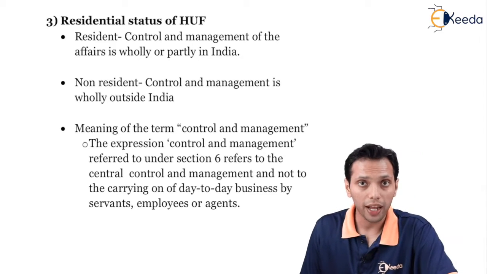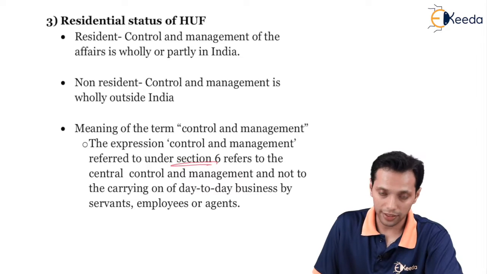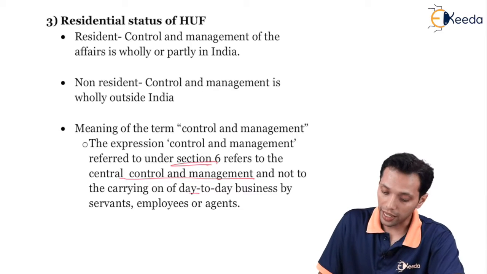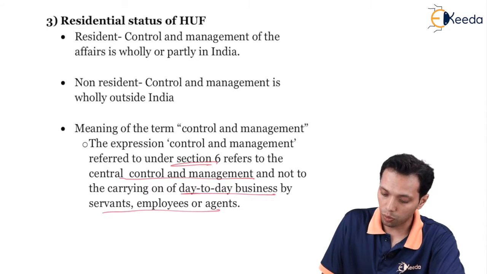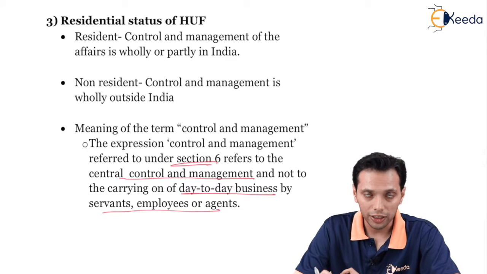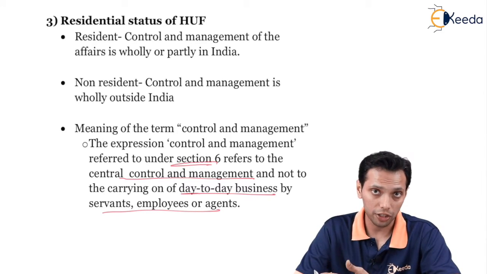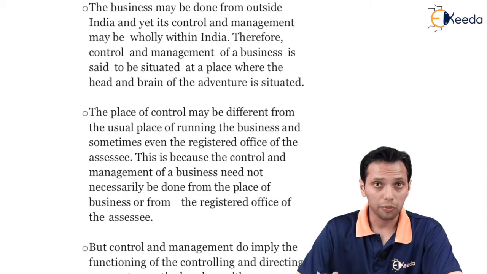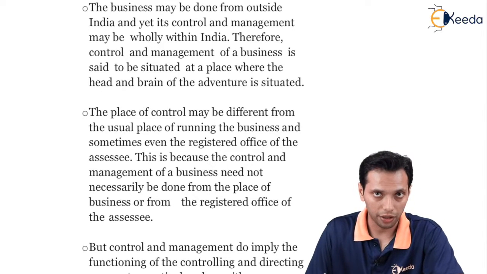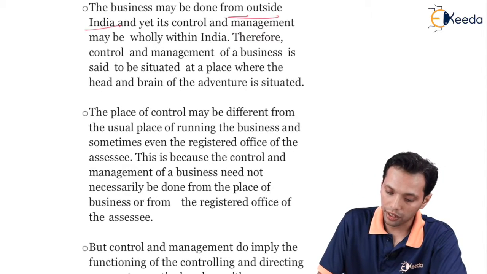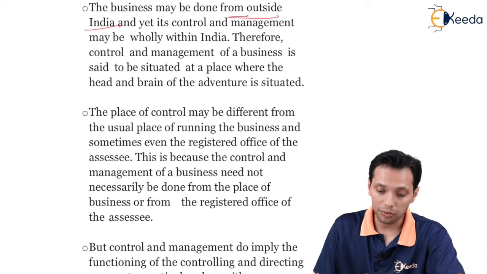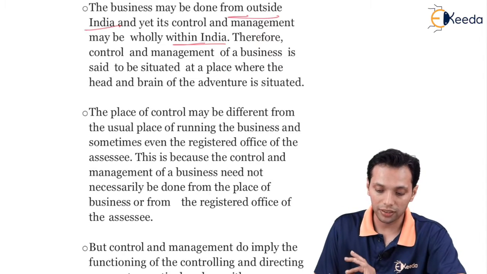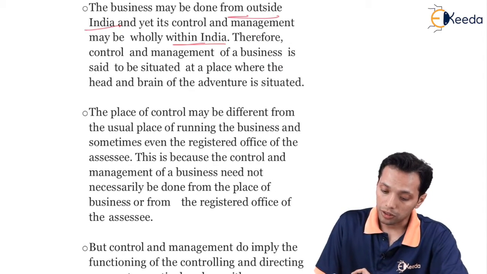The expression control and management referred to under section 6 refers to the central control and management and not to carrying on day-to-day business by servants, employees or agents. So the services which are provided by employees, servants and agents, the place from where it is provided is not relevant in this case. Second point, the business may be done from outside India and yet its control and management may be wholly within India. Therefore, control and management of a business is said to be situated where the head and brain